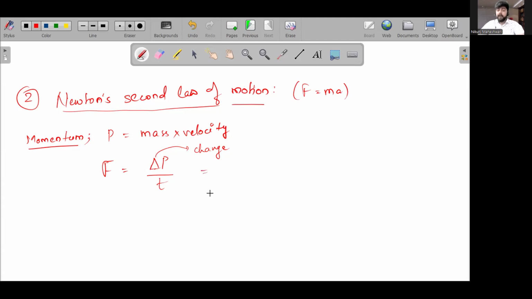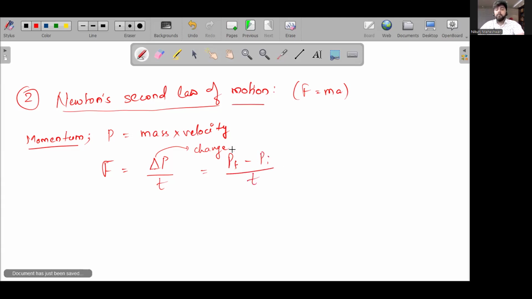Now, everyone, how do I find out change in momentum? What is change in momentum? Let's understand. Suppose I have bought something from you for 20 rupees and I gave you a 100 rupee note. How much would you return me? All the geniuses calculate and tell 80 rupees, right? How did you find that? 100 minus 20. So the change is 80. How did you find the change? By subtracting the initial value from the final value. So that is how you find the change. Change in momentum is the final momentum minus the initial momentum. That's the change in momentum over time.